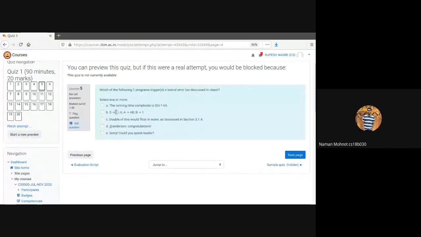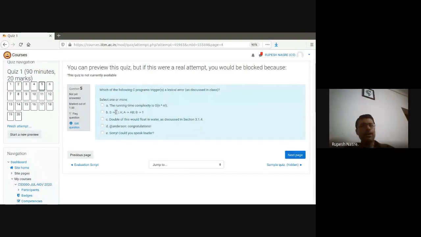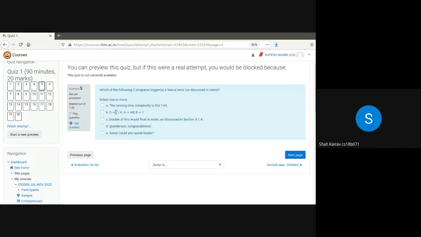Yes, sir, so we did. In the lab we discussed that we could ignore those characters and just move forward. I don't remember the context, but when I asked what kind of programs the lexical analyzer can give an error for, I thought we discussed all these, and I think it is on the slides also. But I think he's referring to error recovery in the panic mode, recovery mode.